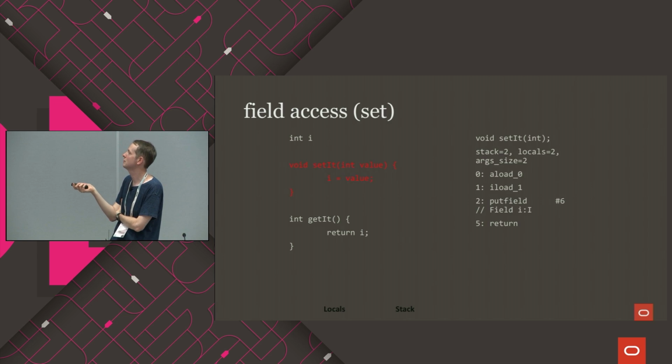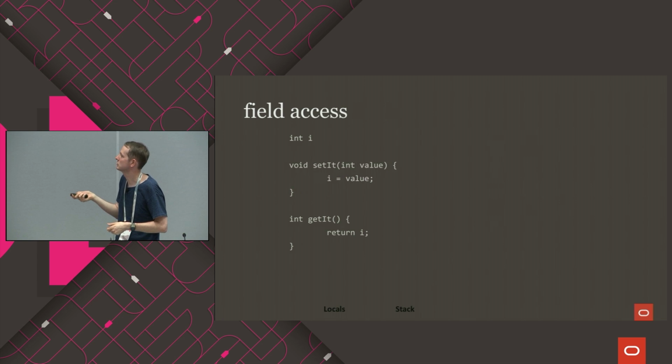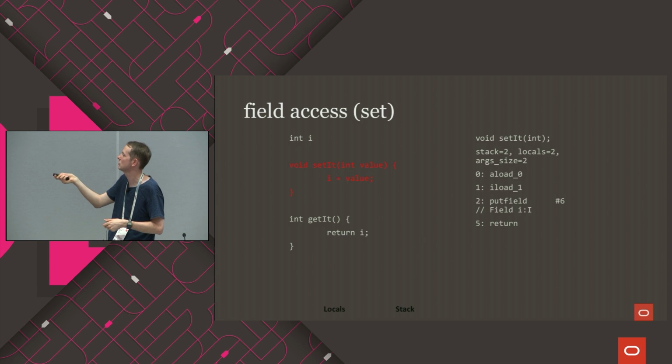You basically have the putfield and getfield instructions that take the name of the field as a string that it's referencing in the constant pool. And so in one case, you're putting the object down there. So here, say I'm going to set the value. My argument is 1. So the argument is